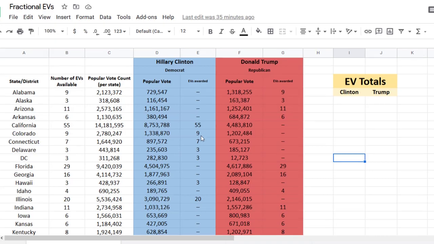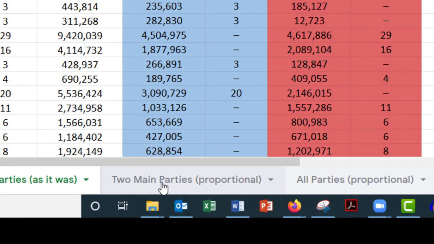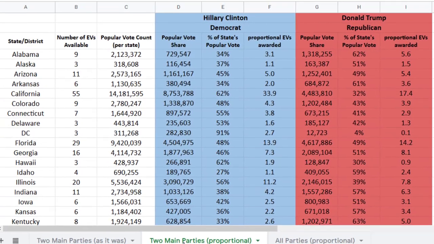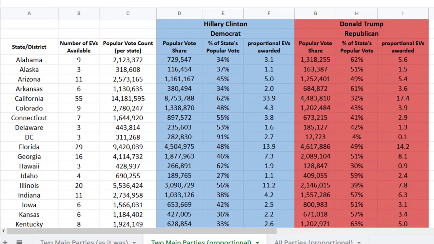Okay, my friends, so let's click over to this next tab down here, two main parties proportional. Now, it's going to look similar to the other tab, but there's some slight differences here. The states are the same, the number of total electoral votes is the same, and the popular vote count per state is the same. Also, what's the same is how many individual popular votes each of the two main candidates got, Hillary and Donald. The difference is what I've done here is I've set up an alternative way to run